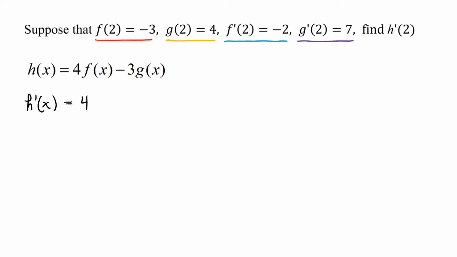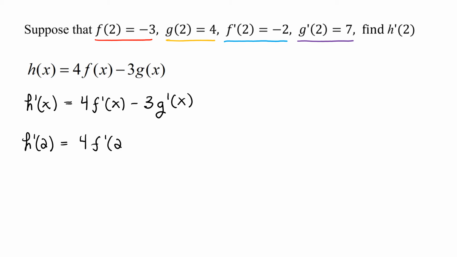So this would be 4 f prime of x minus 3 g prime of x. No products or quotients here, luckily. And then we can substitute to find h prime of 2. So that'll be 4 times f prime of 2 minus 3 times g prime of 2,